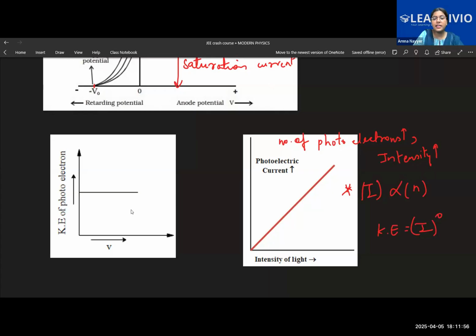Also, kinetic energy is independent of the frequency. This is frequency, not velocity. This is the kinetic energy versus frequency graph. So these two are very important graphs. Their conclusions should be remembered by you, how the kinetic energy is depending. This is one of the laws of the photoelectric effect also: when you increase the photoelectric current, the intensity of the light keeps on increasing, and this is directly proportional. You can check, this is giving you a straight line graph also.